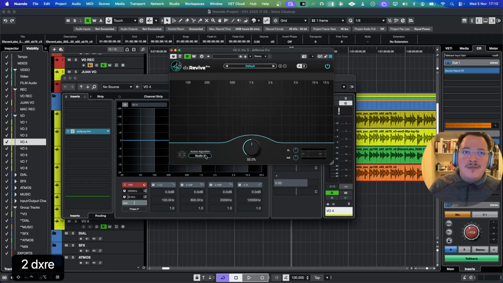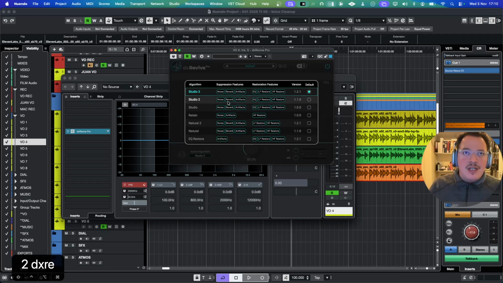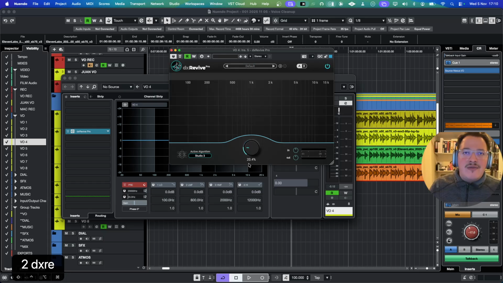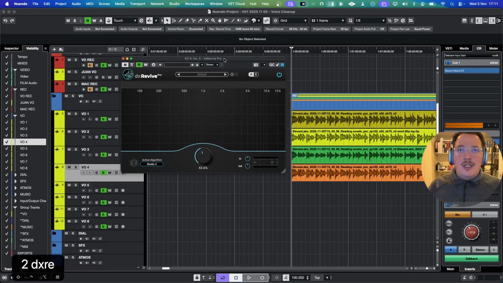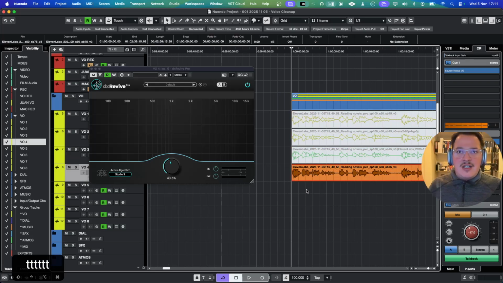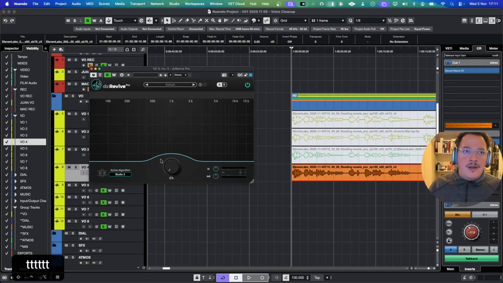You have a dial, you have different types of algorithms, and you have a dial that you can find the sweet spot with in order to see what the best outcome is for the cleanup, because it also takes away the background noise, it clones the original voice, and it resynthesizes a new voice to be as close to the original voice as possible. Now let me just mute this, and then you'll be able to hear the raw audio transforming into a cleaned up version of the audio.